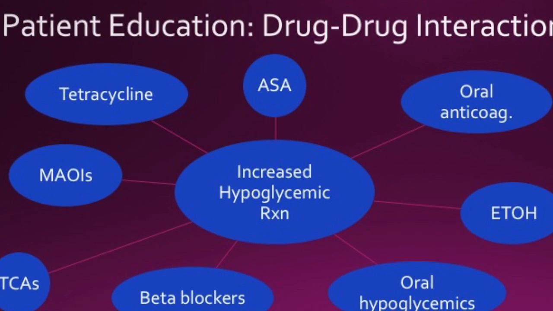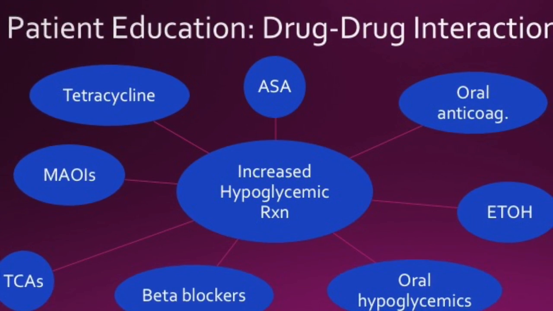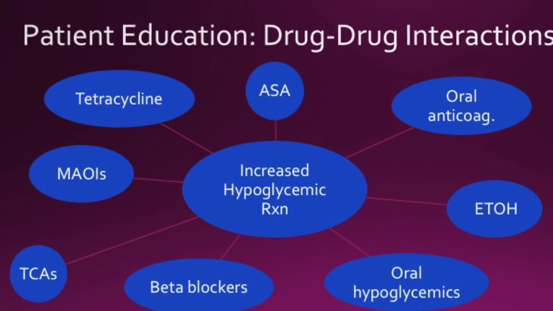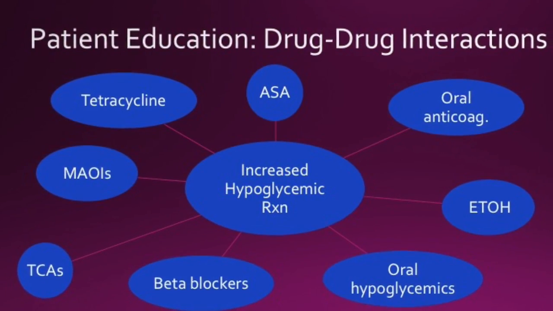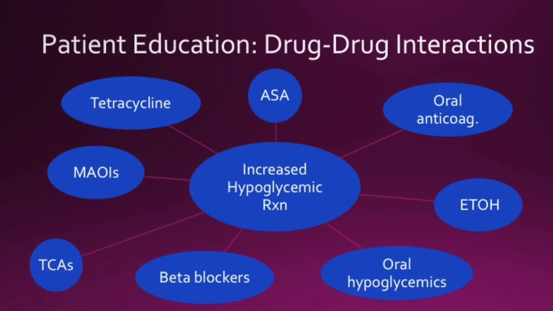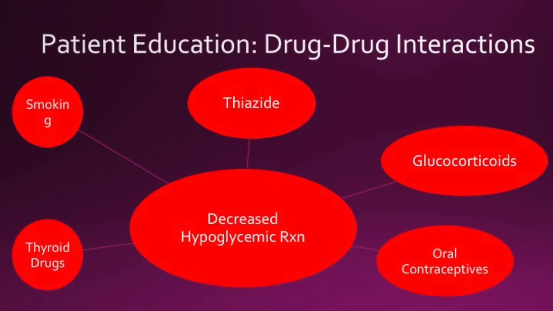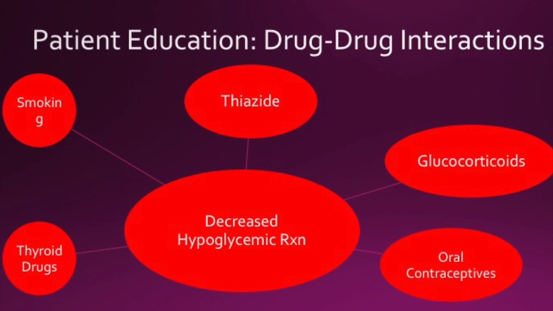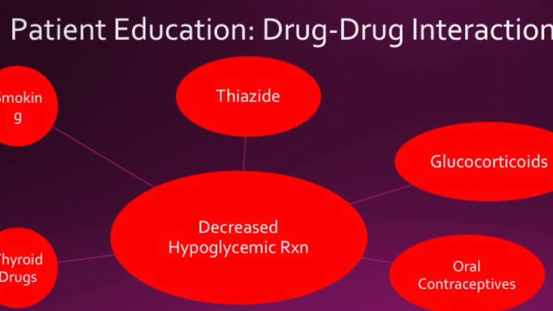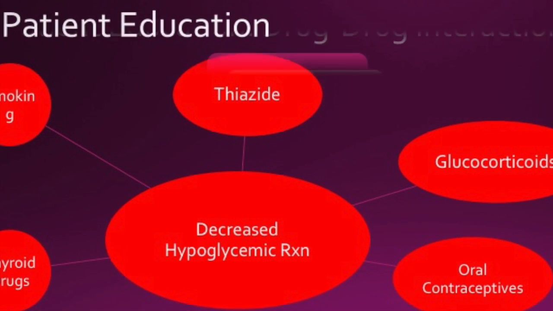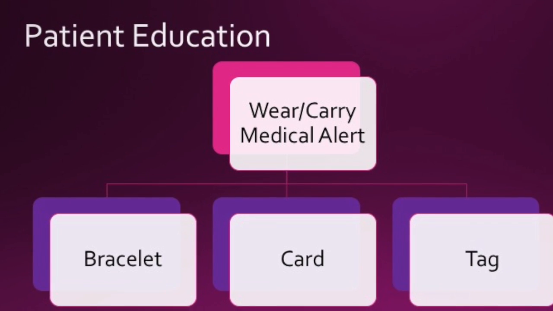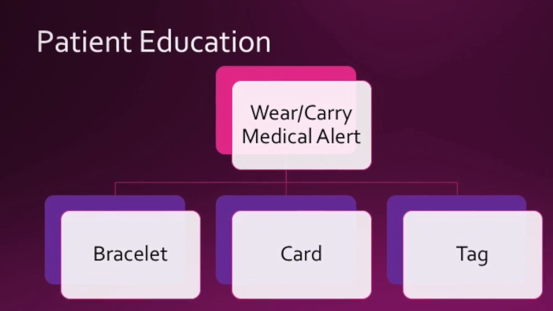Other drug-to-drug interactions that increase a hypoglycemic reaction are aspirin, oral anticoagulants, alcohol, oral hypoglycemics, beta blockers, MAOIs, tetracycline, and TCAs, which are tricyclic antidepressants. Other drug-to-drug interactions that decrease the hypoglycemic reaction are thiazides, glucocorticoids, oral contraceptives, thyroid drugs, and smoking. Always let the patient know to carry or wear their medical alert identification, which is either a bracelet, card, or